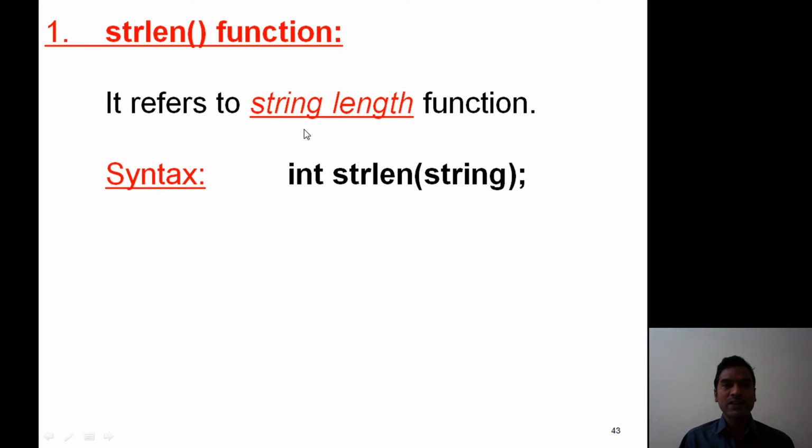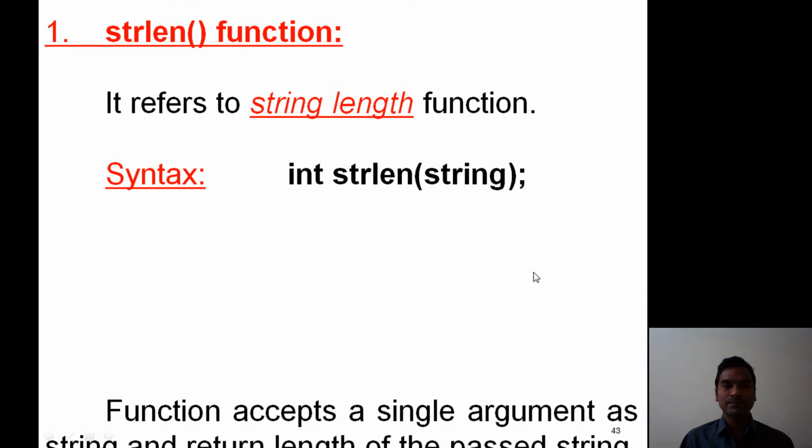The syntax is: int strlen(string). Here the strlen function accepts only one argument as a string and then it returns the length of the string as an integer value.